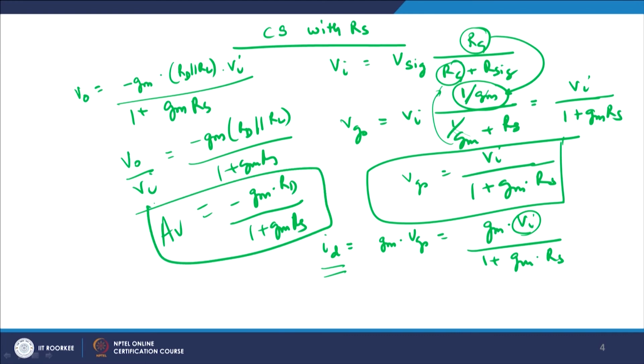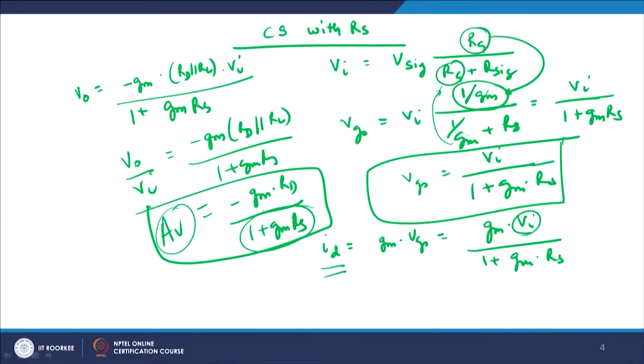It is minus gm Rd upon 1 plus gm Rs. So you see, as compared to the CS stage without source degeneration resistance, with source degeneration resistance your gain has actually fallen by a factor 1 plus gm Rs, right, and that is quite an interesting observation, or quite an interesting idea, that what has happened therefore is that once you are increasing the value of a source degeneration resistance,